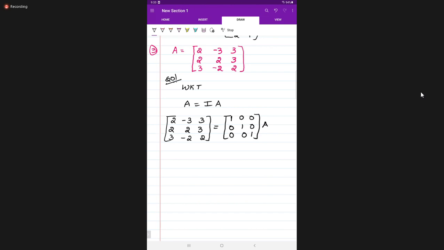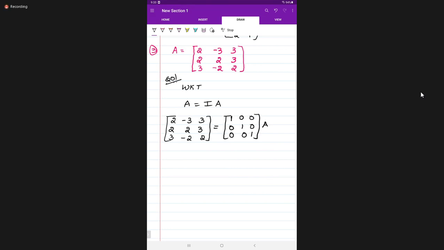Here you can take any row. But elementary operation means if you're doing row operations, you take row operations only for the entire problem. Now don't take columns in the middle. If you start with rows, you have to end with rows only. Any doubt, students? Please respond. Now in this 3 by 3, we can start with the first, second, or third row. No problem.